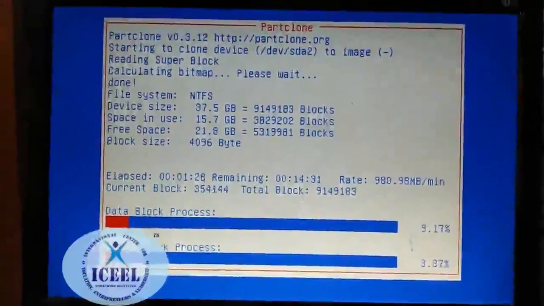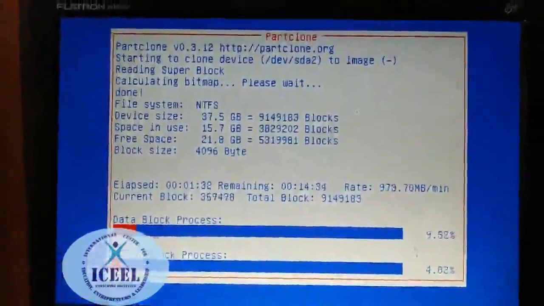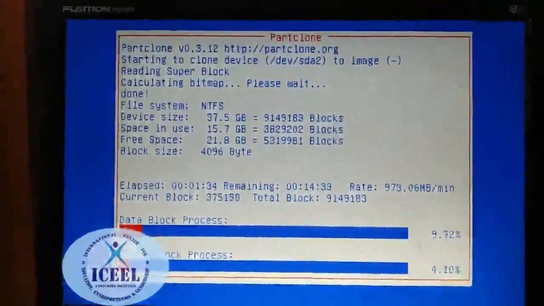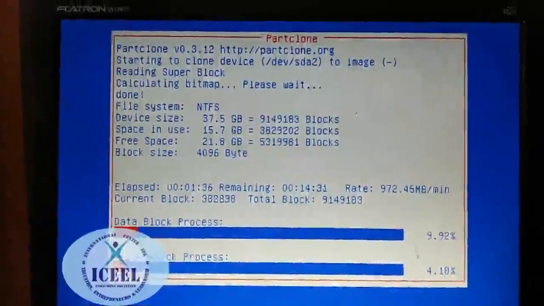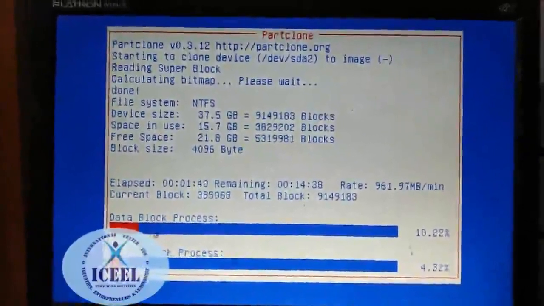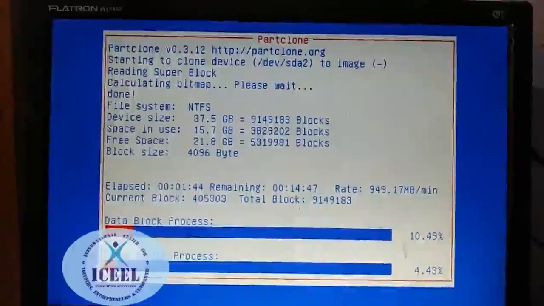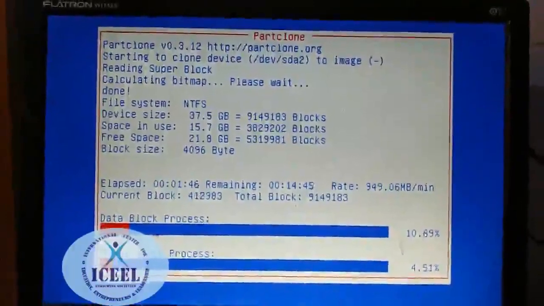After rebooting the PC, I'll show you this particular backup. I gave it the name OHM, that's my son's name, then W7, that's the Windows 7 operating system, then the date as year, month, date, then the time also has been given, then the image name.